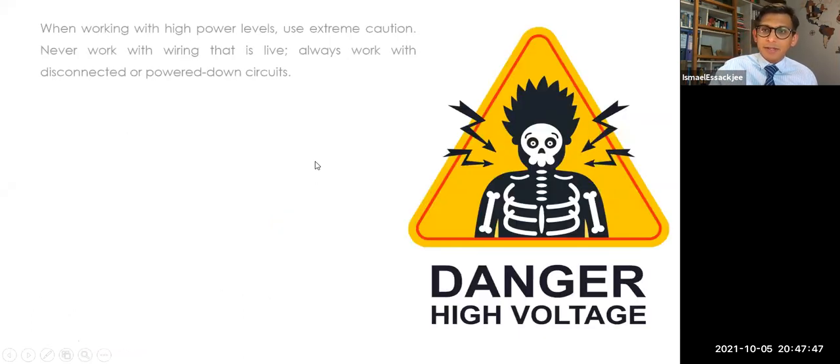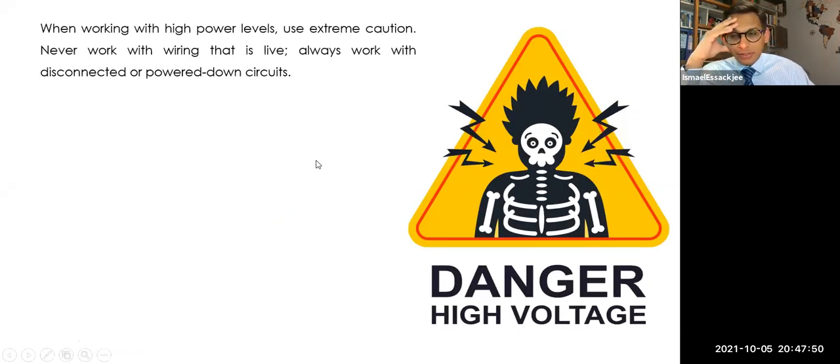Again, danger. Oh my God, this man is speaking only on danger. Let's have a look at what he has on this slide. When working with high power levels, use extreme caution. Why? Because you have only one life to live. We don't want you to take any risk. At times when you're working on a project, you get motivated, inspired, it's working, I see the light turning on, and you start working very quickly and skip safety steps. That's why you need to stress much more on the caution part.